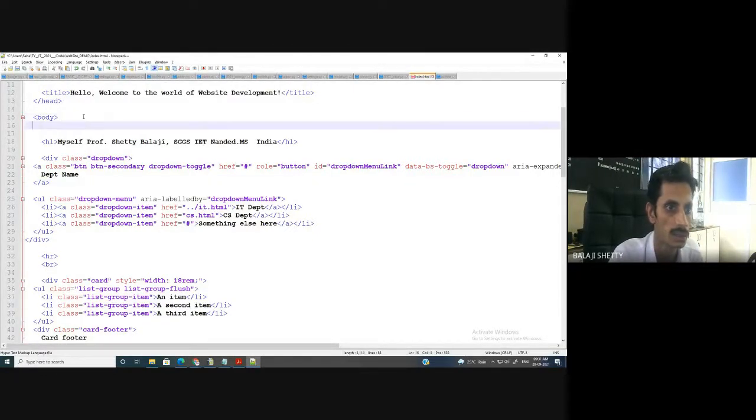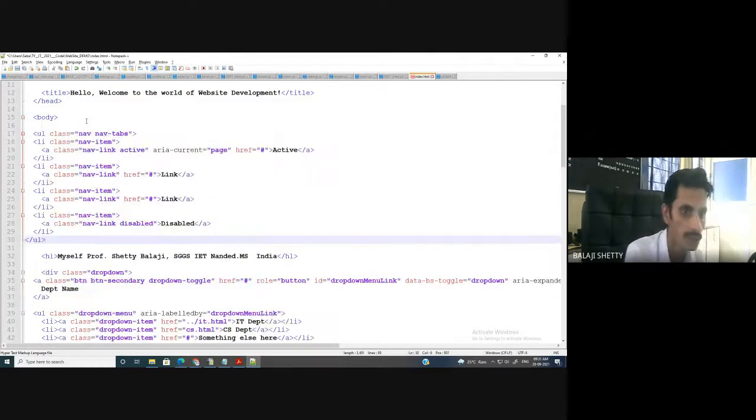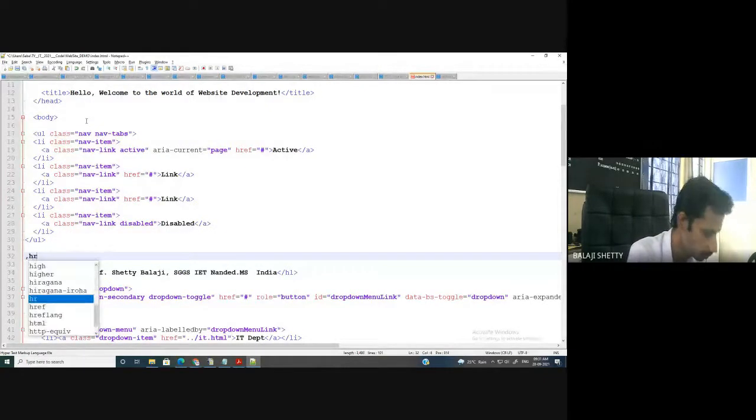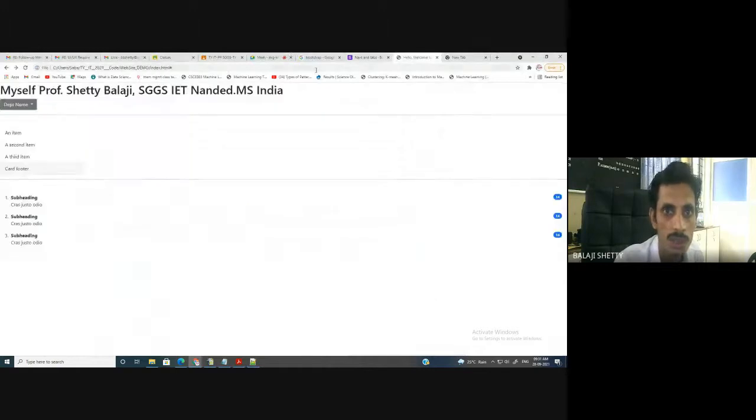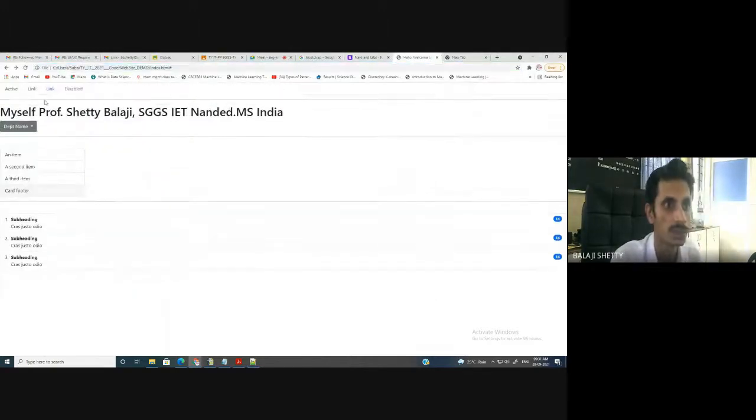Here. Okay, Control V, and here horizontal rule. See the changes now. You can see the navigation bar now here.